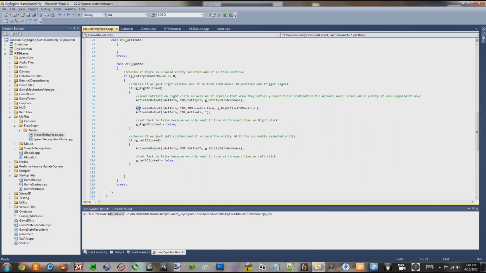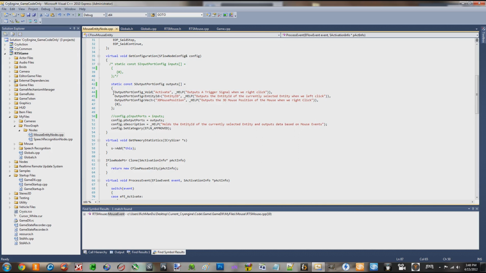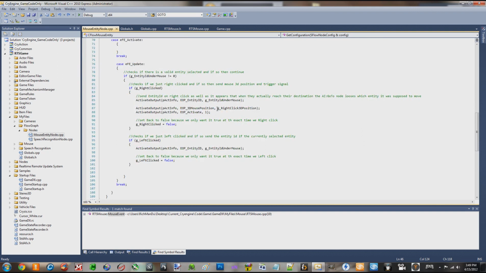After that, we also want to activate output. We want to output the 3D mouse position port. Well, what's that one? 3D mouse position. What does that equal? 2. 0, 1, 2. Oh, we want to activate this port right here. Okay, that's awesome. So when we right-click, we want to send out the entity ID, and we want to send out the 3D position that we clicked on. It's cool, because remember, the G right-click 3D position is the right-click position of where the mouse was